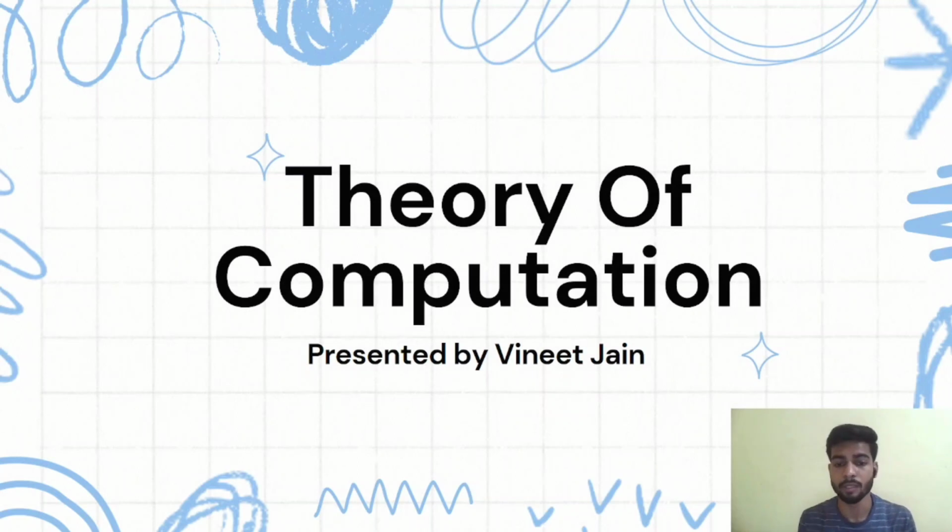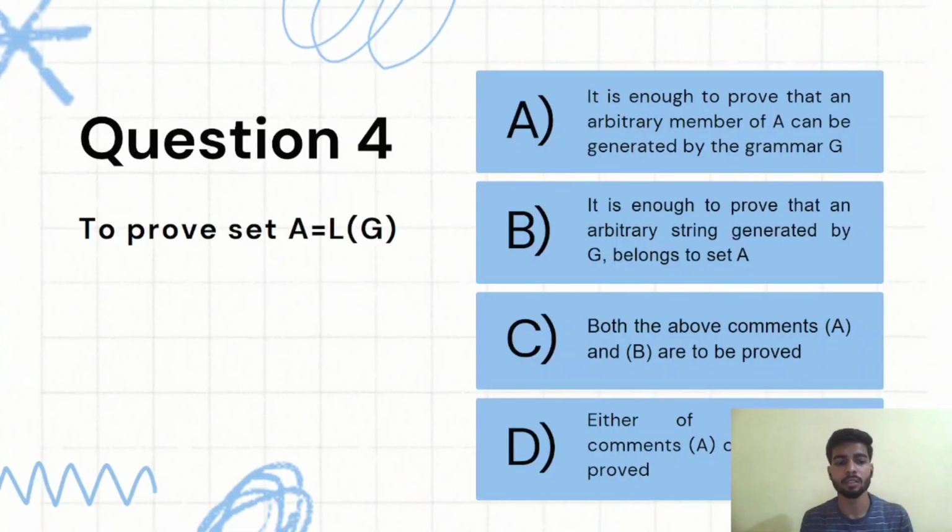In this video, we will see the fourth question of theory of computation. The fourth question is to prove set A equal to L(G). We have given four options for this question. First option is it is enough to prove that an arbitrary member of A can be generated by the grammar